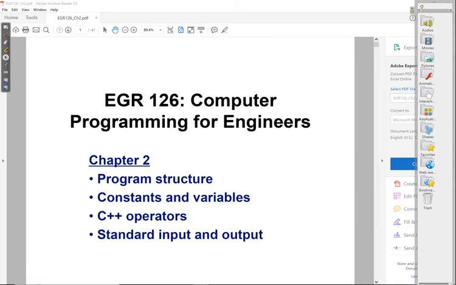Okay, so this is lecture 2 of Engineering 126, and in today's lecture we are going to start looking at C++ programming. Okay, so we're going to start off by putting up a sample C++ program. Okay, so this is a very simple program,